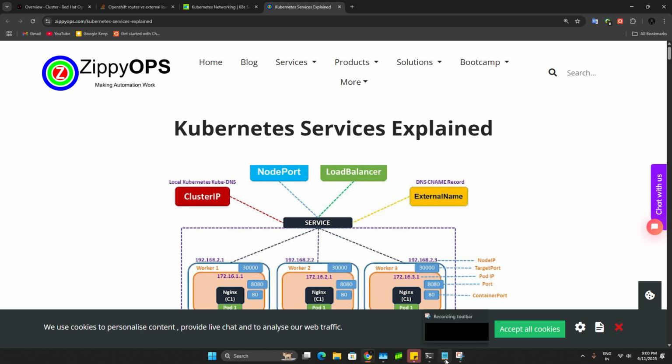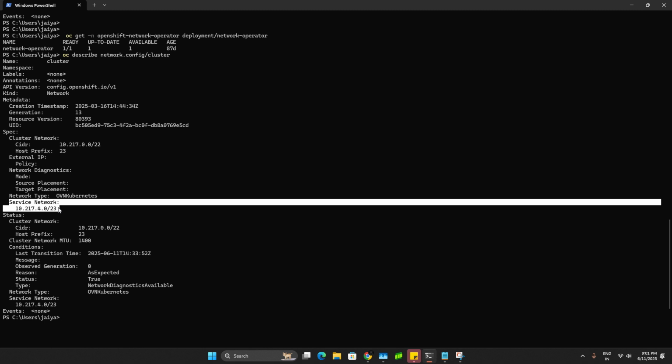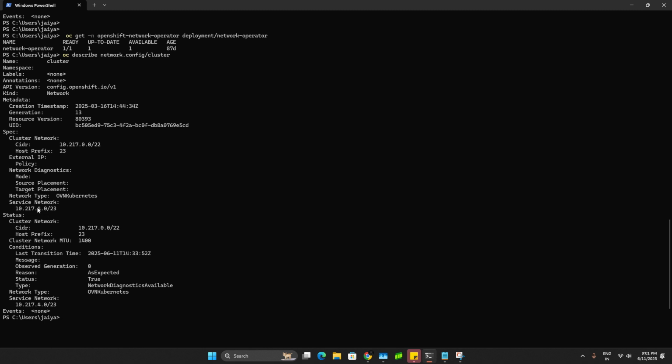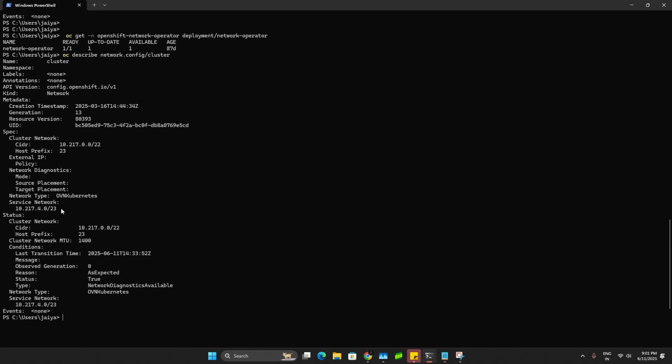For services also, those will get IPs. Services will map with the ingress with the IP or name, whatever. For services also, OVN will assign a subnet of IPs. It will be less. Pods will get a lot of IPs, but services will get a smaller number of IPs, because we won't create a huge number of services. A huge number of pods will run on multiple worker nodes, but services won't be like that, right? And this is the network type, OVN Kubernetes.